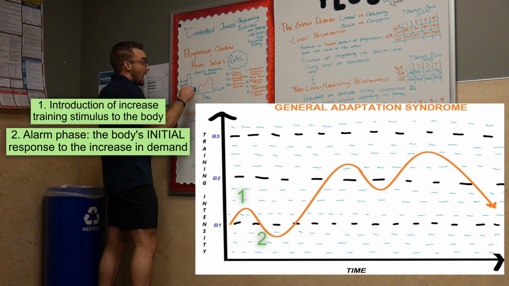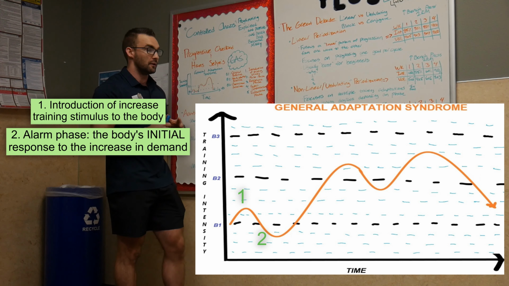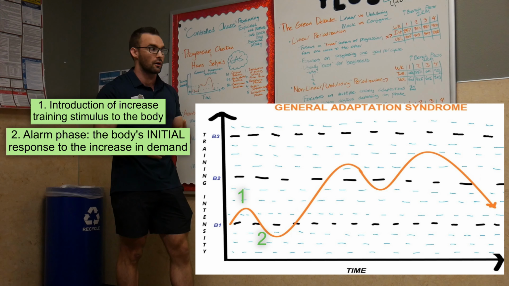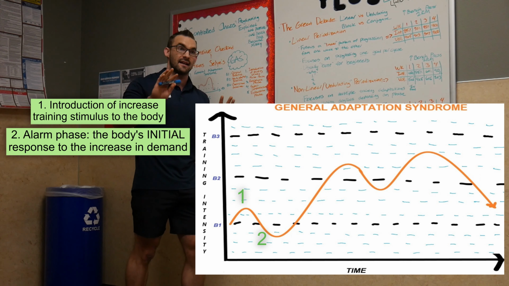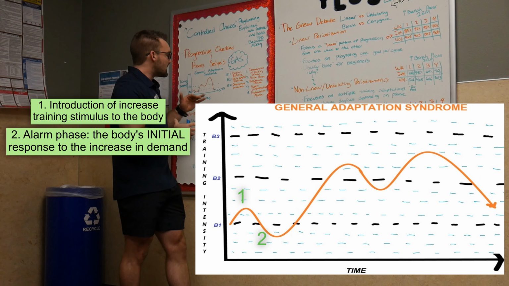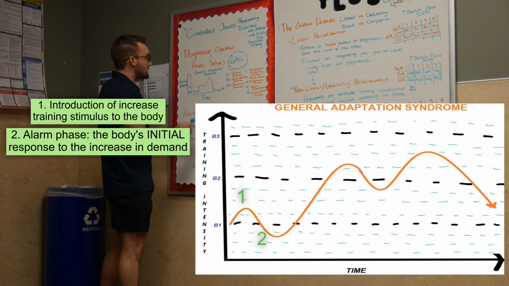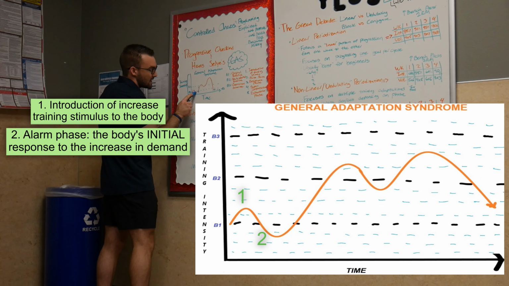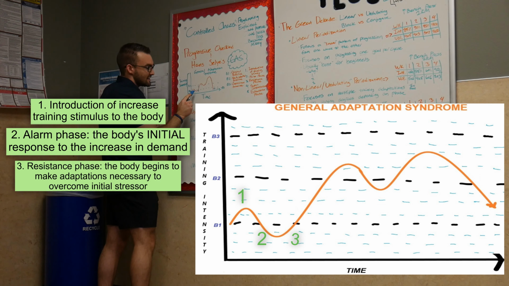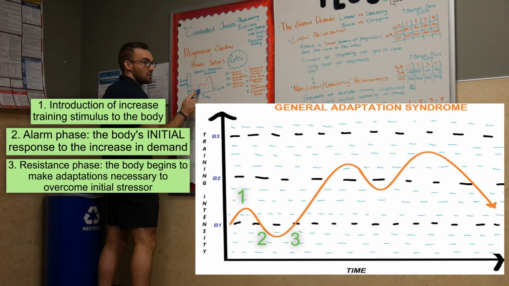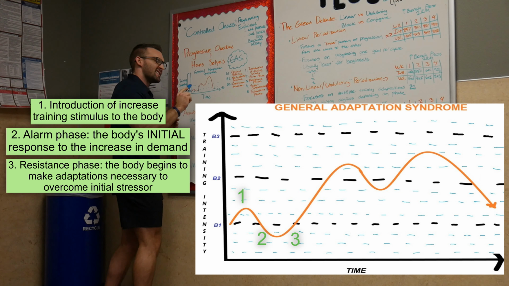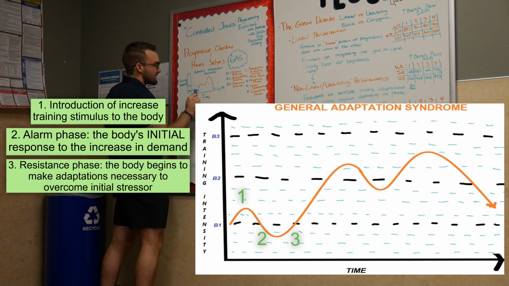So now in the alarm phase, your client, or you, might feel a little more fatigued, tired, sore. That's a normal process. That's something that's supposed to happen within reason, but it's supposed to happen because, again, we're giving our body a reason to adapt. And as we go through that adaptation syndrome, we go into point number 3, which is the resistance phase. This resistance phase is where the body is starting to take hold of those adaptations and start the process of not allowing that to happen the same way again, getting bigger, faster, stronger, more endurant, whatever it might be. But it starts progressing and adapting above that original baseline.